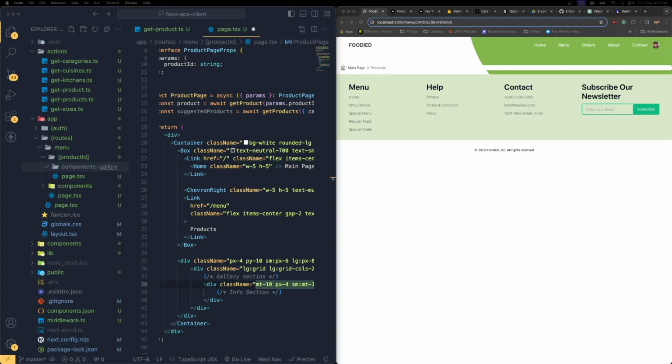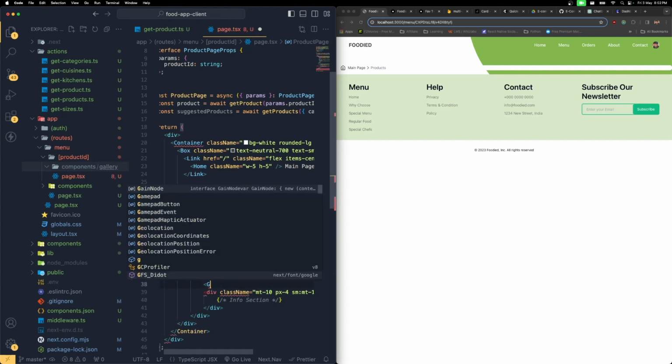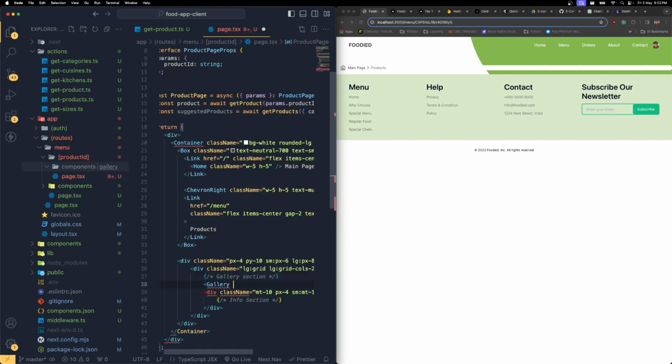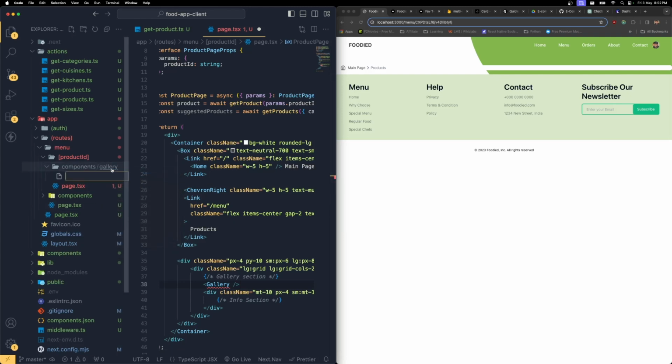Let's go ahead and create. So we have to create all those stuffs which is based on the galleries and everything. So let's go ahead and create, first let's create the gallery over here. Okay, so what I'm going to do is just over here I'm going to bring the gallery over here. So let's go ahead and create a new gallery over here inside the gallery folder. So gallery.tsx,